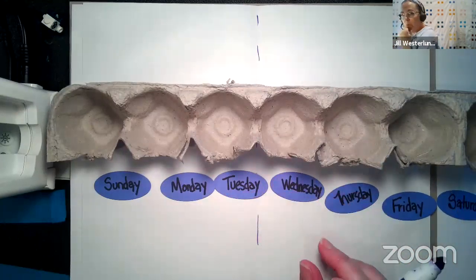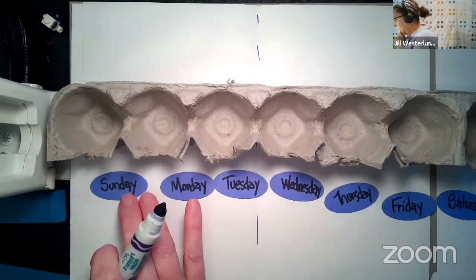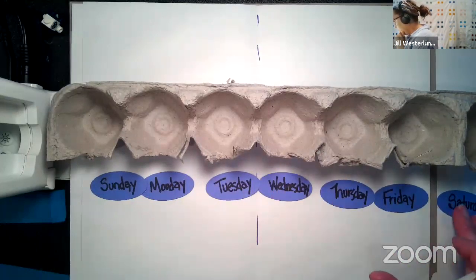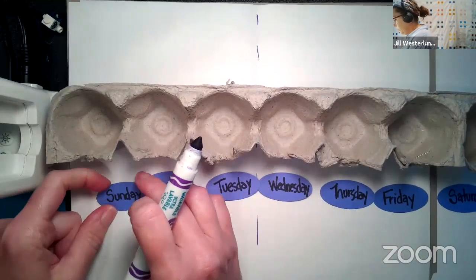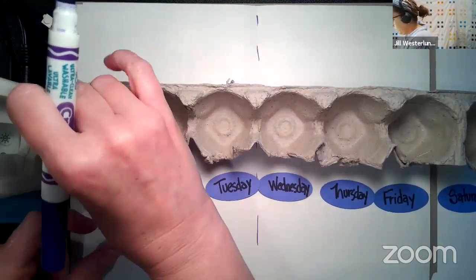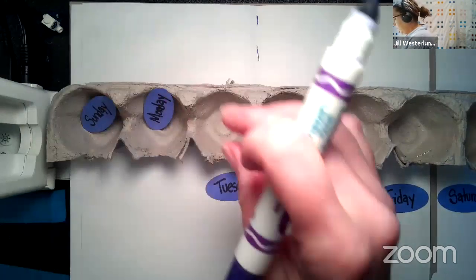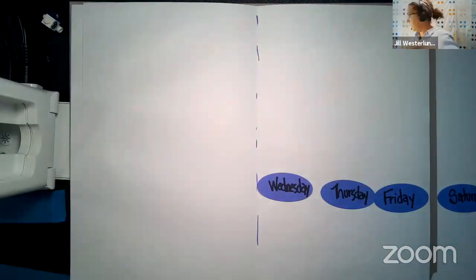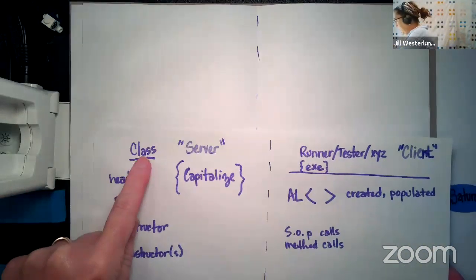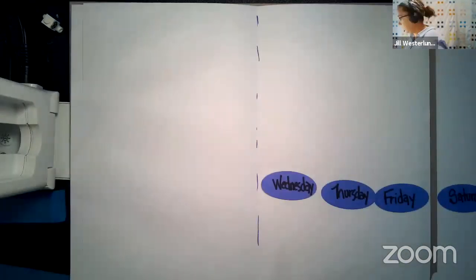So if I build an array list to hold my days of the week, there's a couple of things that are unique about these, and that's the reason I use this for an example. First of all, you know that when I build my list, these days of the week are going to sit in these elements of the array. All right, so let's look at kind of how this works. So over here, remember that I've got to get all my little stuff. I lost my sheet of paper. Goodness me. Need a personal assistant in here with me. Okay, so remember this side's our class and this side's our runner, tester, XYZ.